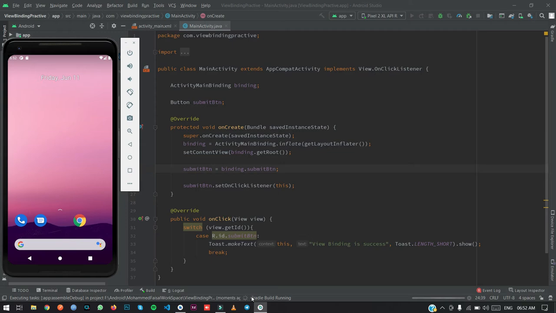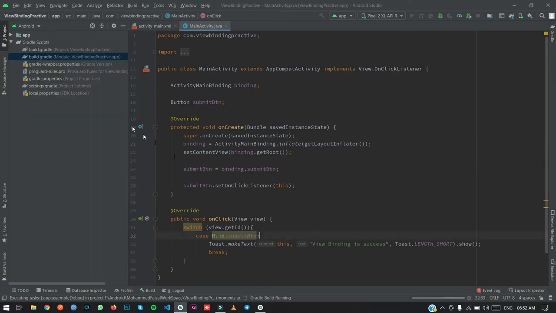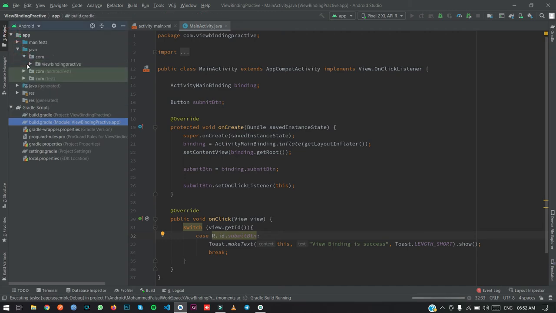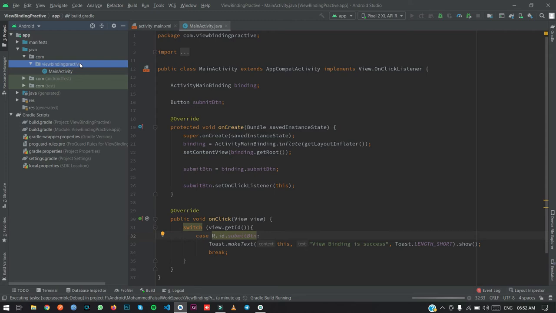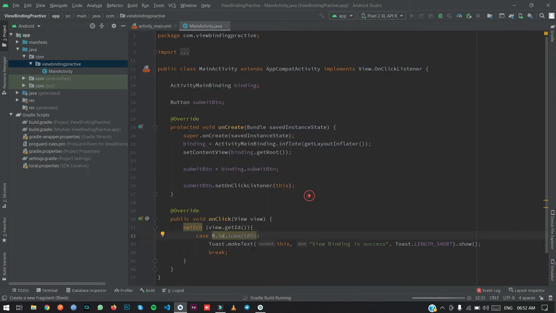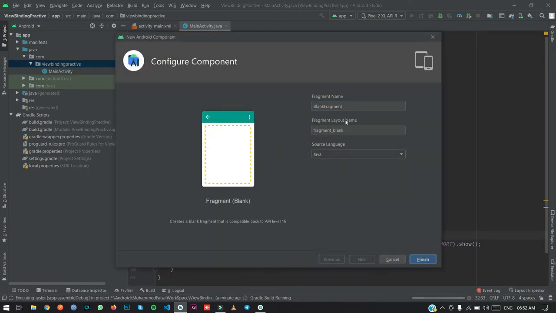Till then, let me show you about the fragment instance of binding. So we will go to the Java file, and then we will create a fragment. We will name it view fragment.